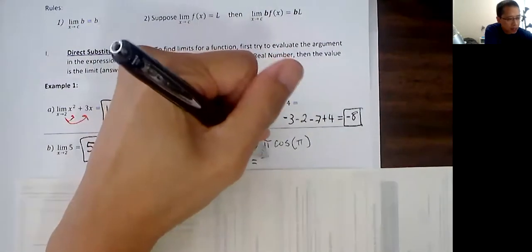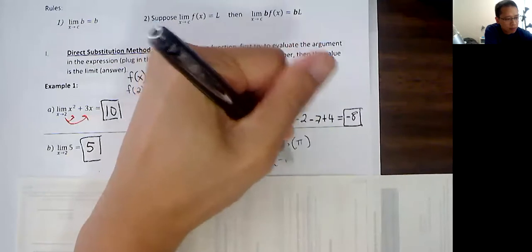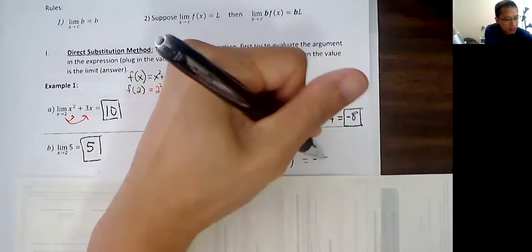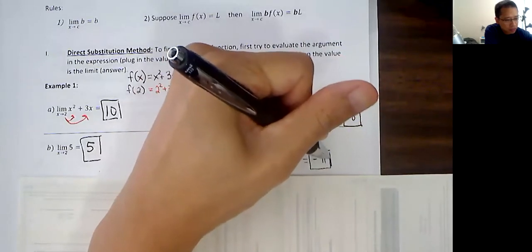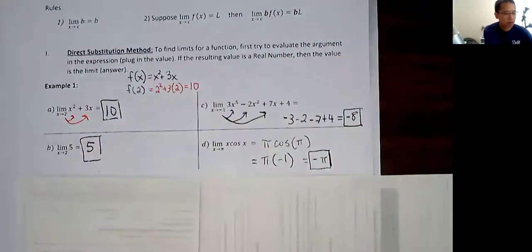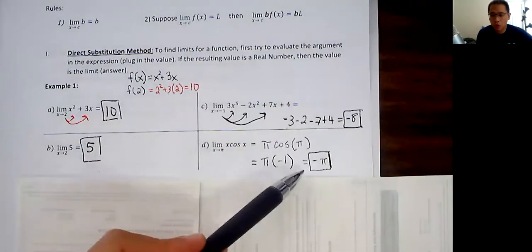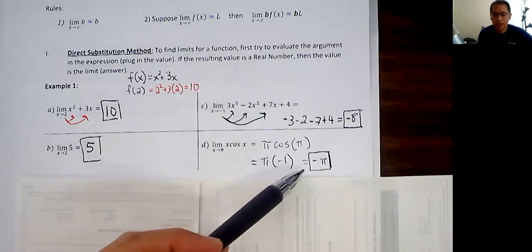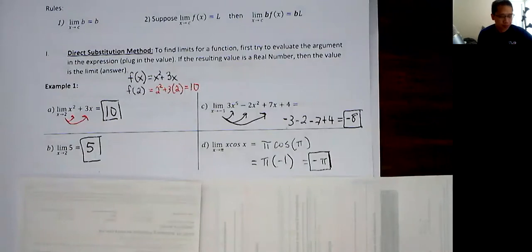And we get pi times cosine of pi. Cosine of pi is just -1. So we just get negative pi. So that's a real number. It's still a real number, so we're able to keep that as our answer, and the limit exists at negative pi. So the question is,